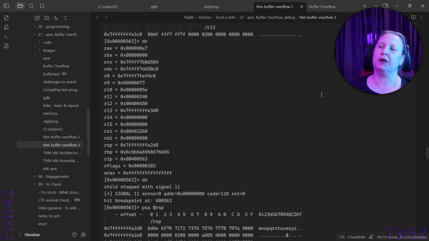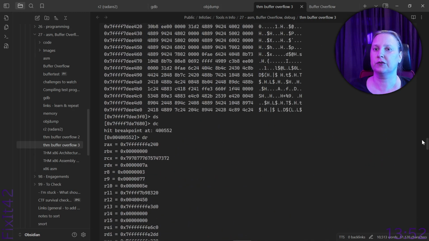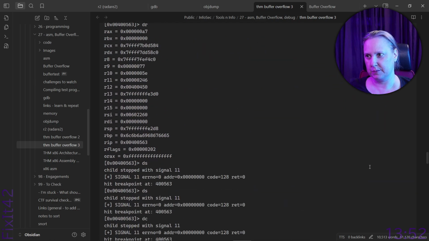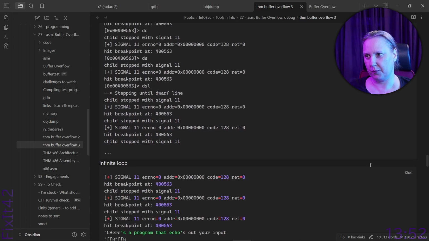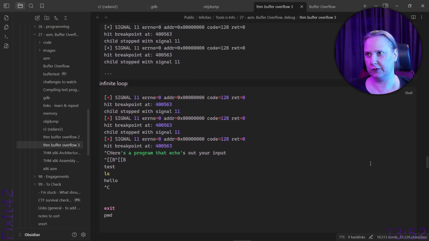But I'm still like, when it hops back from the function, wouldn't it just do that anyway? Let's go up. Actually, let's see. Where am I? I'm at the end. Yeah, we got an infinite loop there.